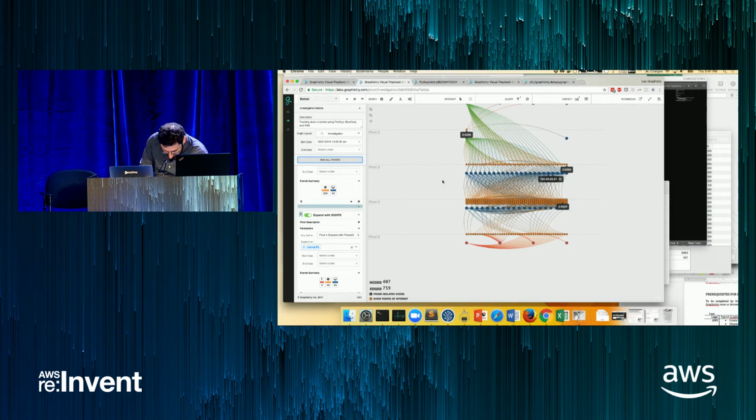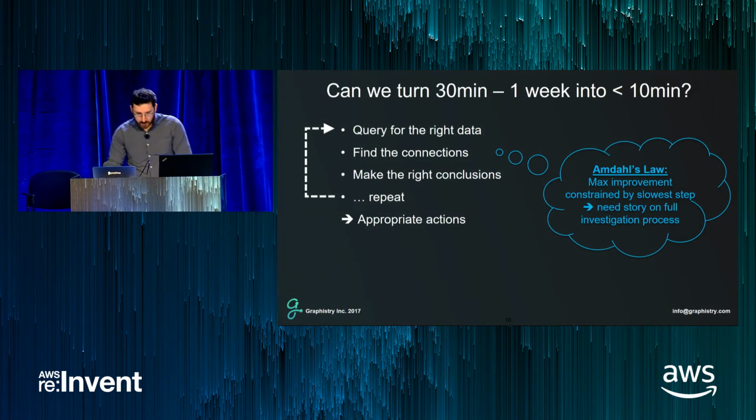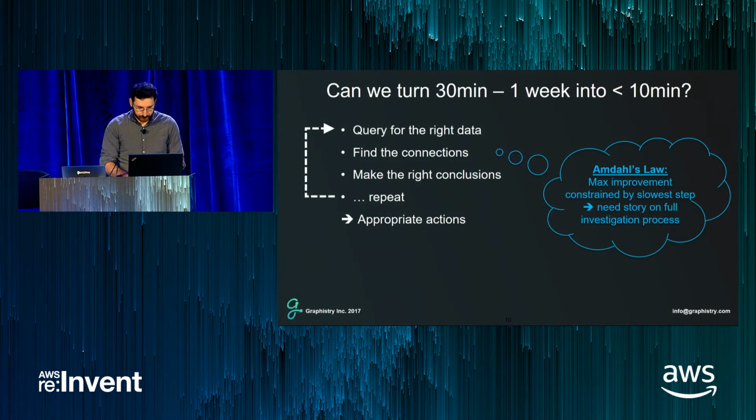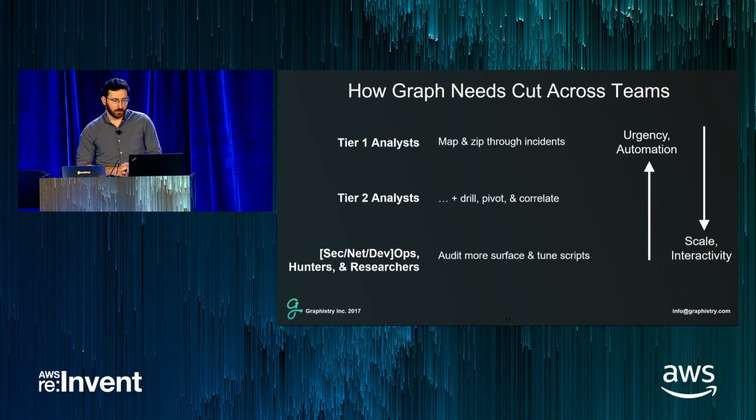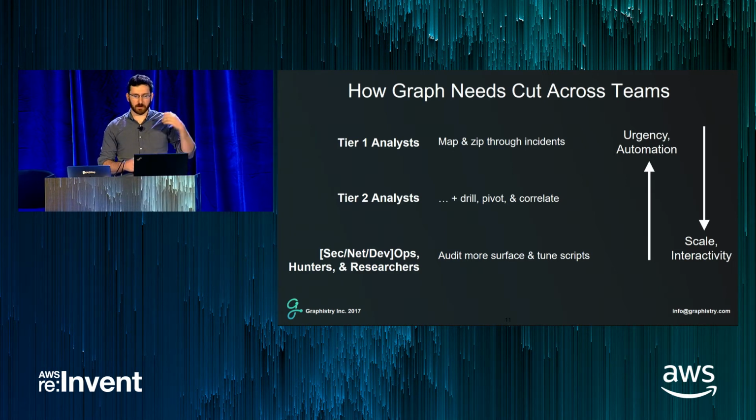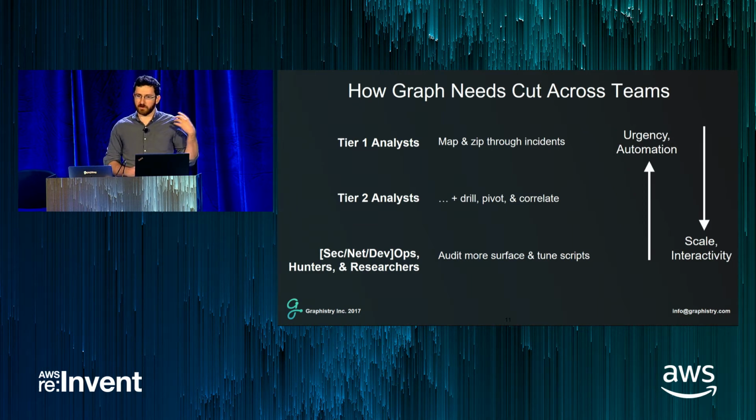Let's jump back here. From our experience working with different sized enterprises and government agencies, we don't actually believe in a one-size-fits-all. So when we're talking about investigation platforms and graph platforms, I think it's useful to figure out, if you're going to have a cross-cutting capability, what you're actually looking for. The example I just did, the poor incident responder getting that alert and having to get it done,